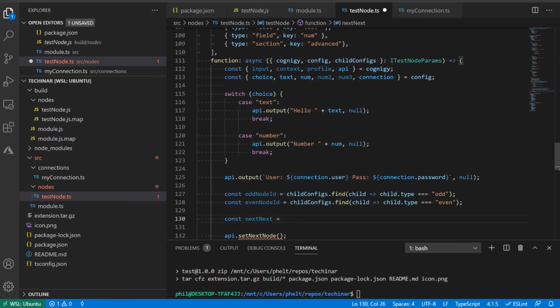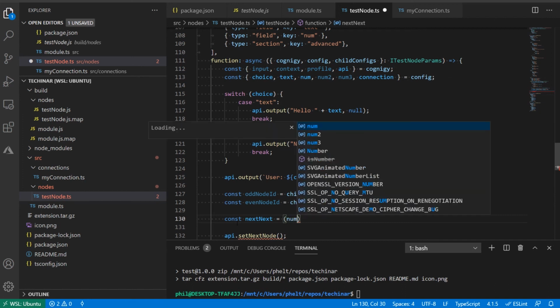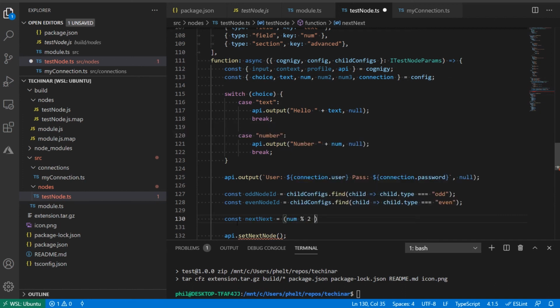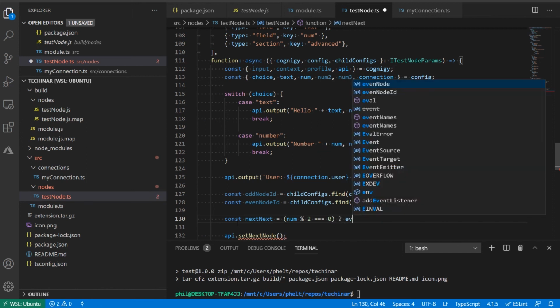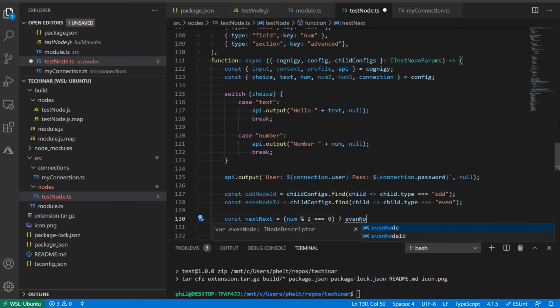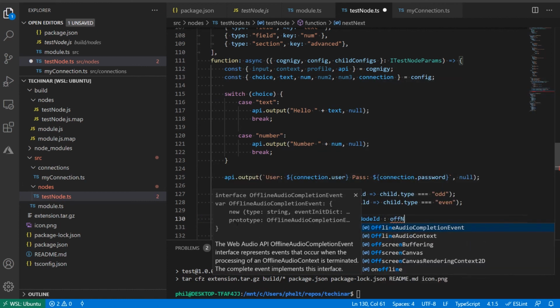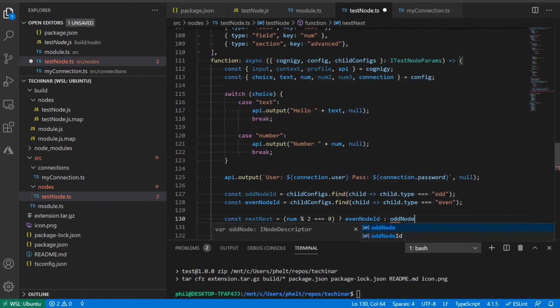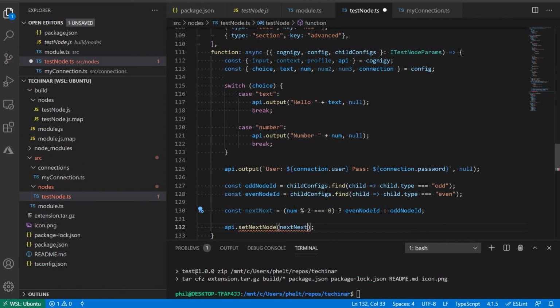So nextNode is: if num % 2 is 0, so if num is even, then it's evenNodeID. Otherwise, it's oddNodeID. And then all we've got to do is pass the one in here. Actually, it's the node, so we have to go for the ID.